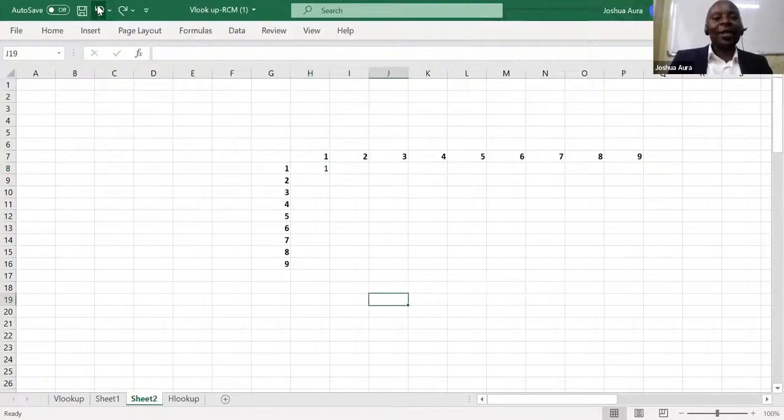Now, here we are. So the first cell is here. So I'll come and say equals. So this equals, what do I want? I want to multiply this one and one. So this one, I'll pick it. I say times